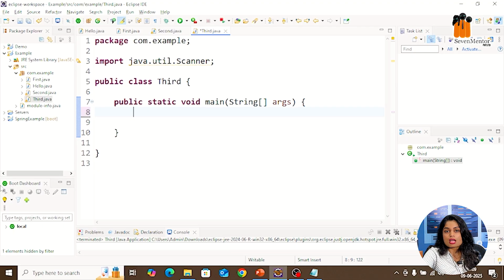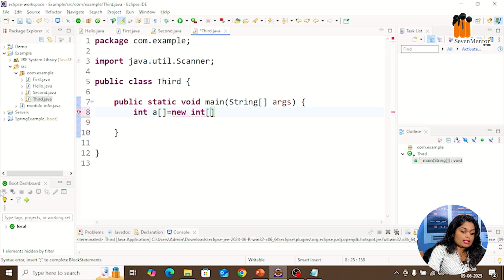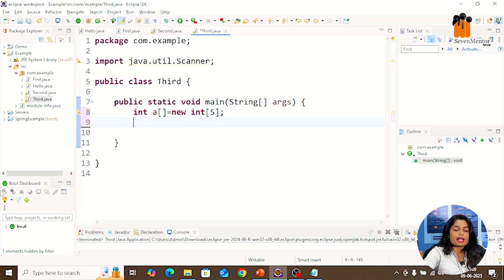So in Java, if you want to declare any array, you just have to create an object. So simply, I want an array, a collection of data for integers. So I am using int a equals new int, and then inside the square brackets you have to initialize the value. That's how you can declare it. So int is the data type. So all the elements, each element will be only for integers.